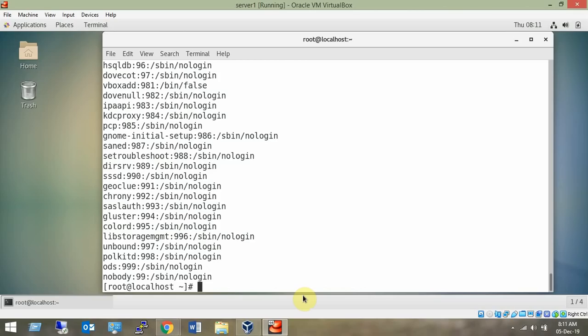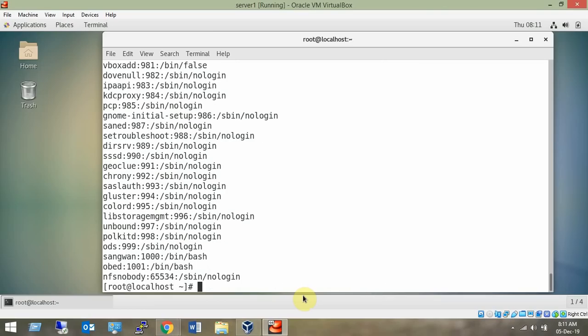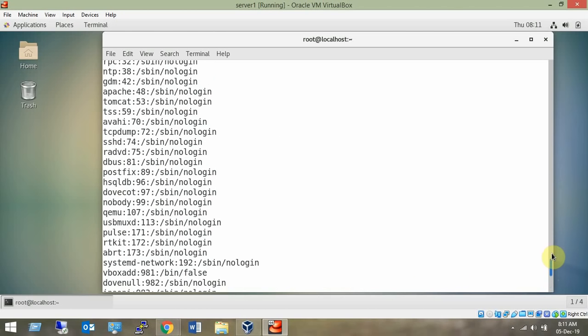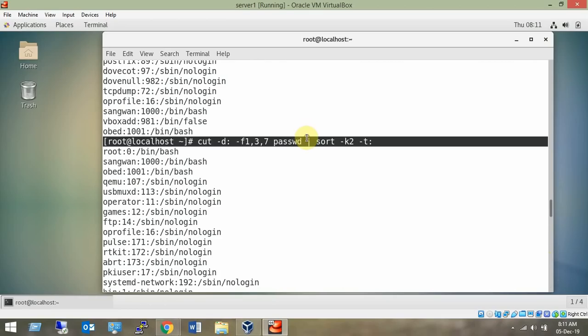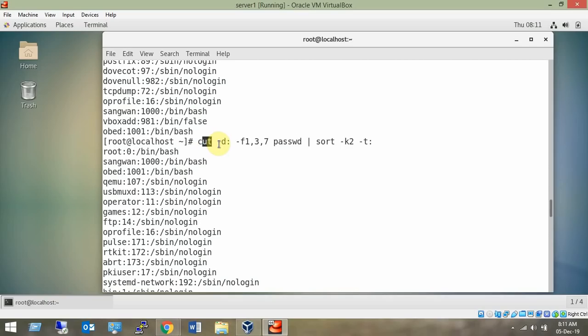Now if you see, it has sorted, but it was not a numeric sort, so I need to use -n also, and now it has sorted. See the difference. Let me show you both. I started from here. My first command was cut, to extract columns, where the delimiter is colon. The cut command uses the delimiter with -d. Which fields do I want? First, third and seventh. From which file? passwd. Sort on which field? Sort on the second field. What is the field separator? For the sort command, the field separator is given by -t. The field separator is colon.